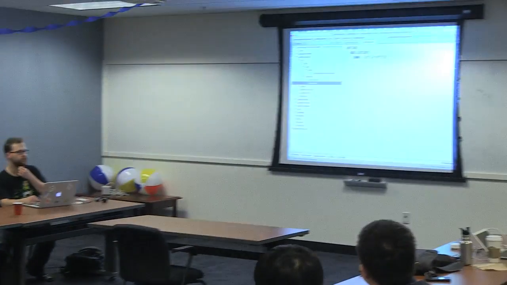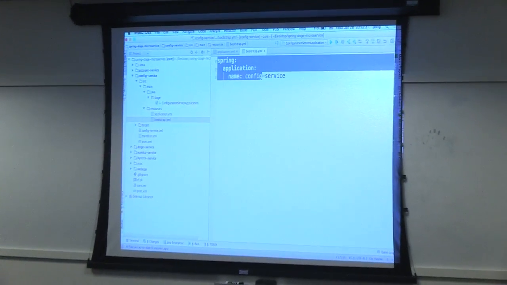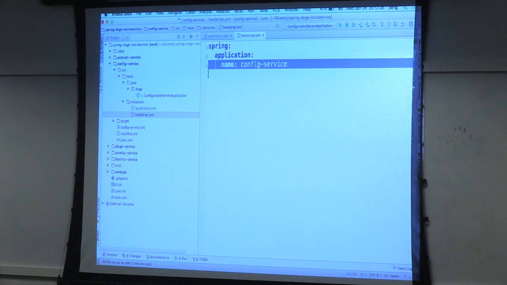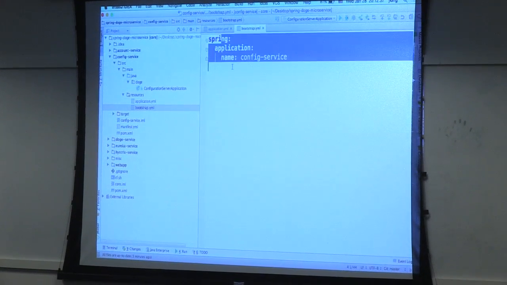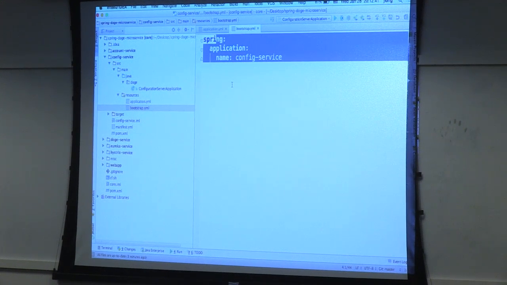Okay, so this service is up. The only other thing to note is that we have in all of our services a file called bootstrap.yaml. It has, most saliently, spring.application.name. And this is the service ID that you're going to use. You're going to keep this in mind. This is going to be very helpful. Spring.application.name gives you a service ID. And you'll see that used in a lot of different places here.